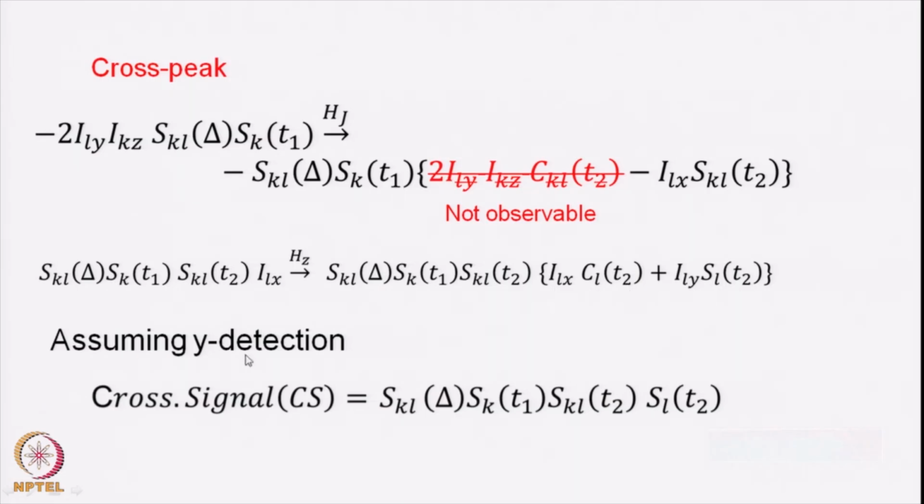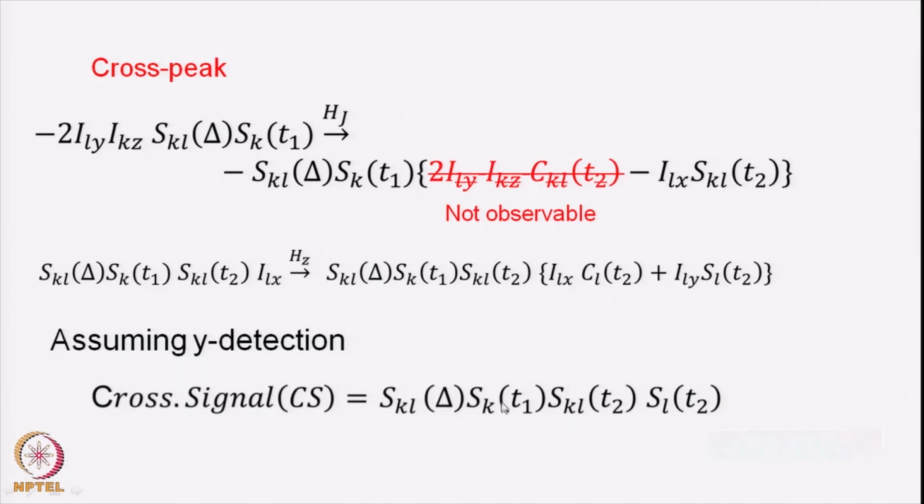Once again assuming Y detection, because we have to be consistent, always the same. As you assume Y detection in one case, you cannot have X detection in the other case. So we assume Y detection there, you assume Y detection here as well. So this cross signal will now be SKL delta, SKT1, SKL-T2, SL-T2. Okay. So therefore this will produce amplitude modulation because of the coupling evolution during time delta, and along the F1